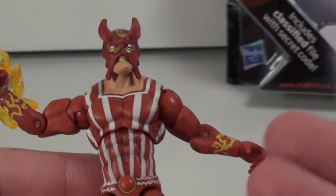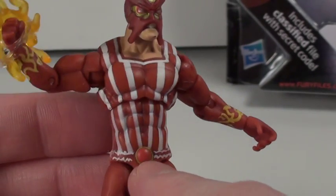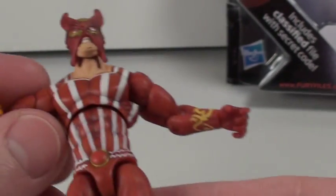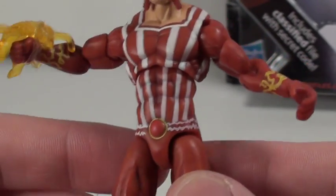I really like his costume. It's a Japanese rising sun. It looks more like it in the comics, but that's what these white and red lines are, and I think his belt buckle is supposed to be the sun, and those are the rays coming off it. It's really nice. The paint on him is nice. The red looks like a Sunfire red. He was a little deeper red in the 70s, but